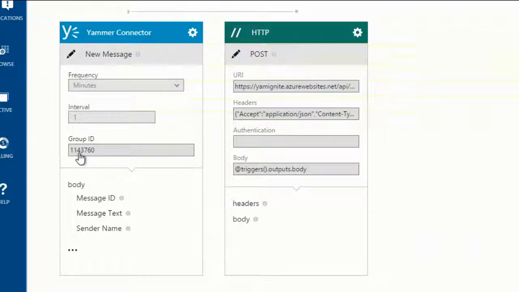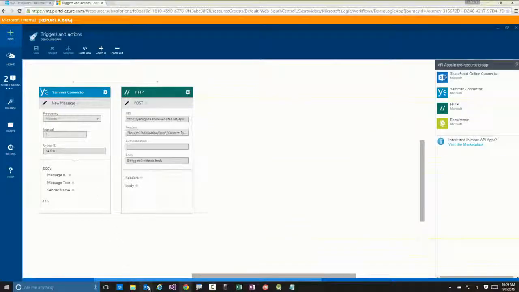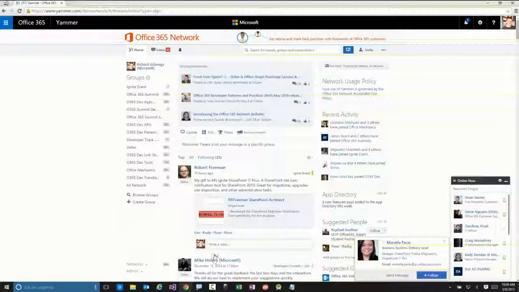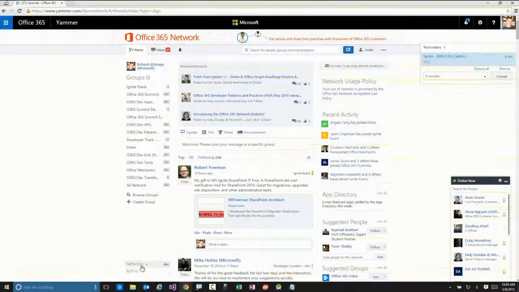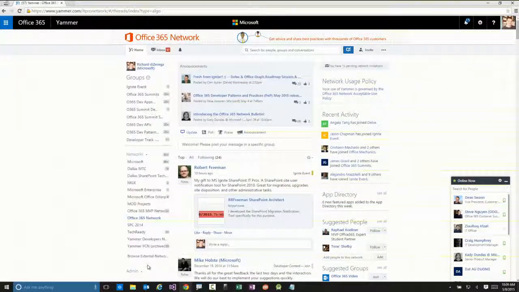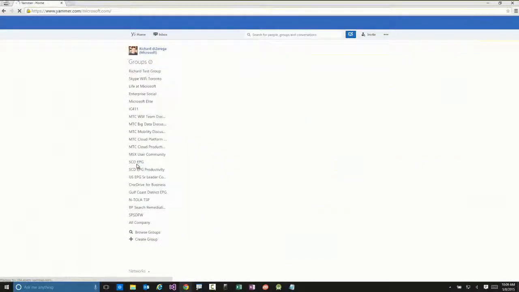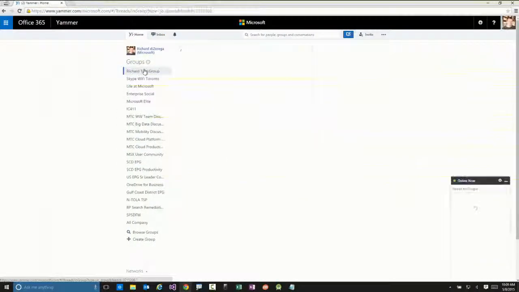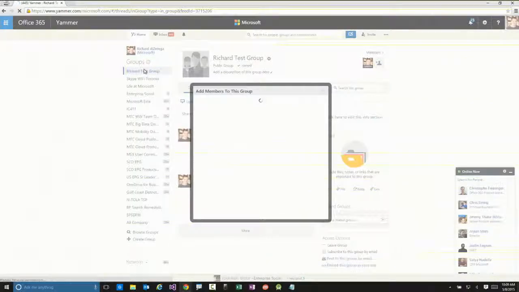So let's find a group we can pick on, and we'll see this actually run. So I'm going to switch to my Microsoft network. And the main reason for this is I haven't deployed this to be global yet. So I'm going to do this quickly and probably in a safe place. Let's see, I want Microsoft. And I'm going to go to Richard's test group,